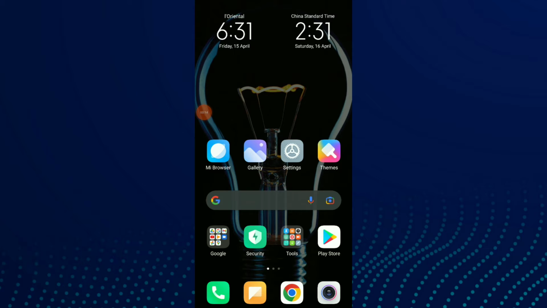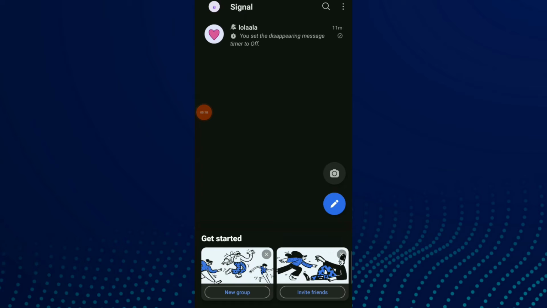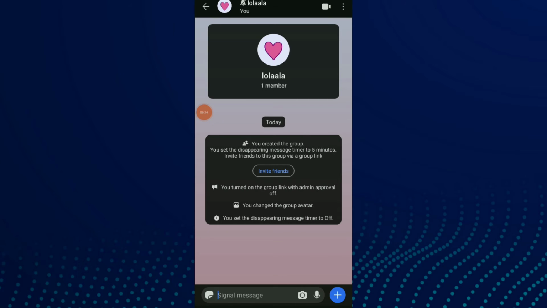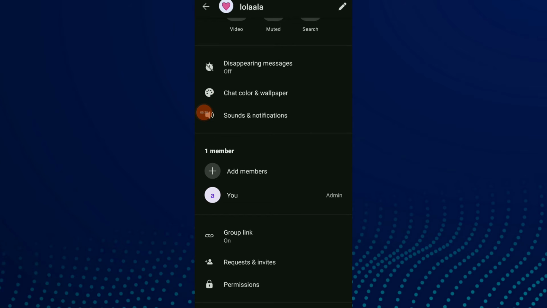First thing, go to your conversation on Signal. Click on your Signal application and choose one of your conversations. For example, I choose this group and click on my profile up there. Now all I need to do is click on sound and